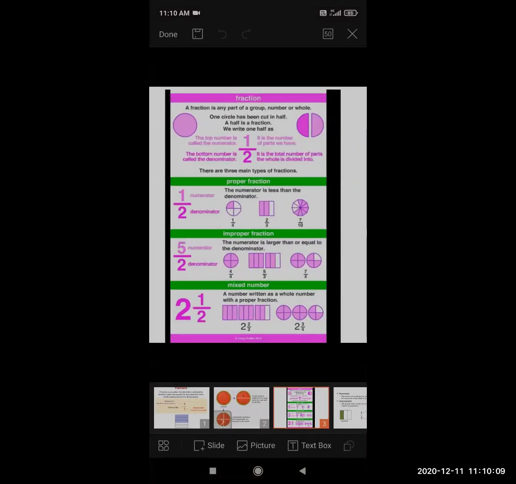Okay, now we will proceed to the improper fraction. Okay? Yes or no? In the improper fraction, the numerator is always big. It is always big, right? And what about the denominator? Denominator is always small. So first of all, I'm going to give you an example here.